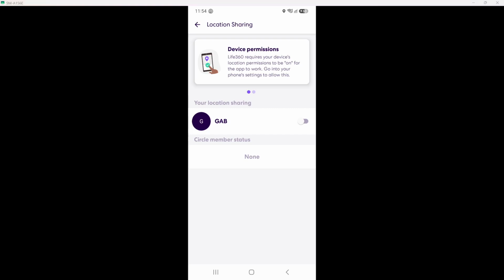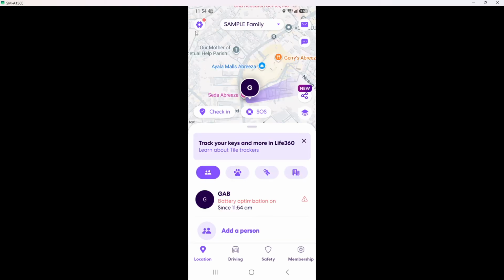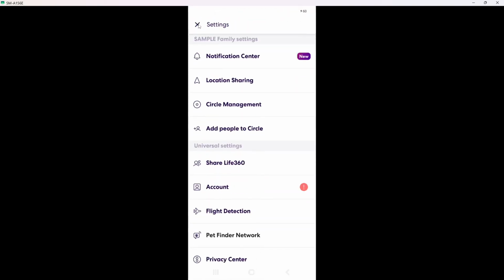After that, if you have multiple circles in Life 360, you may need to repeat the previous step for those circles. Each circle can have its own settings, so be sure to check them individually. This ensures that all groups you are a part of respect your privacy preferences. It's essential to go through each circle to confirm that your settings are consistent across the board. This thoroughness will give you peace of mind regarding your location history.